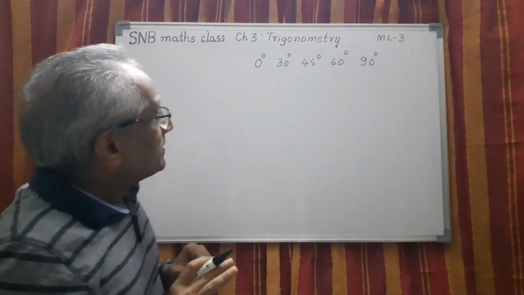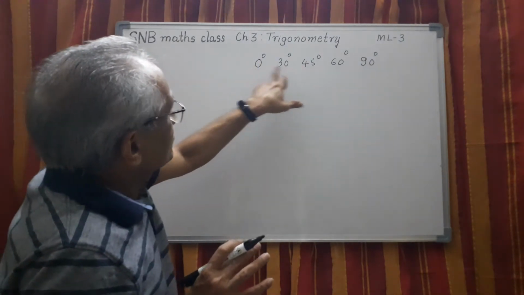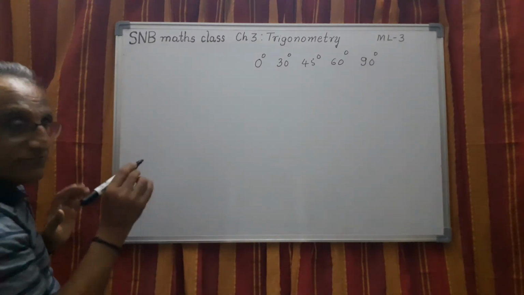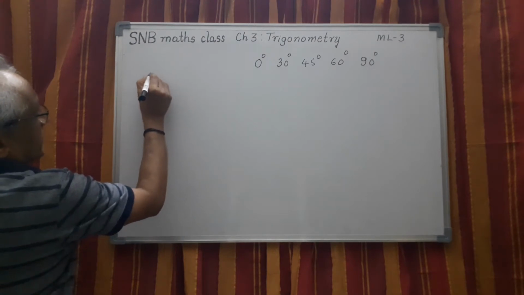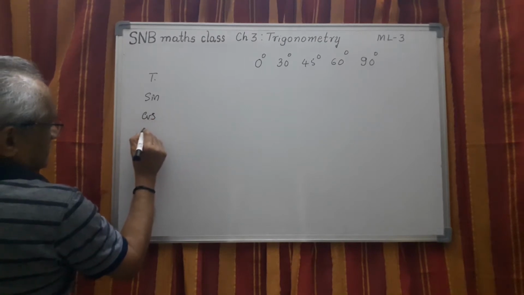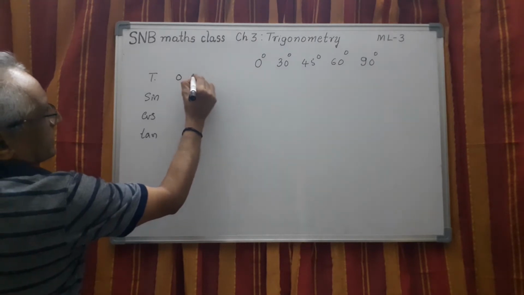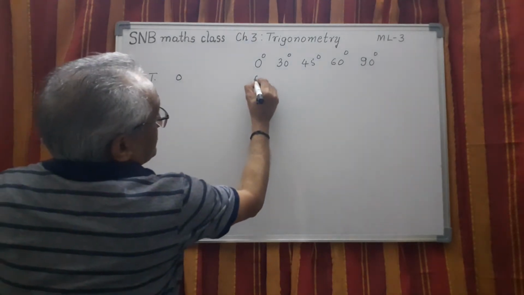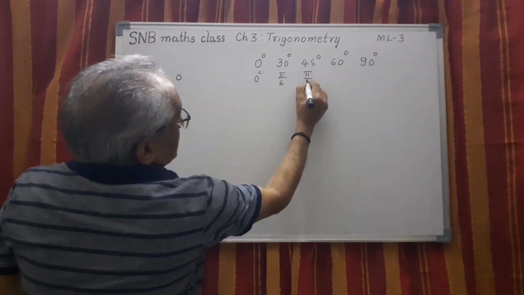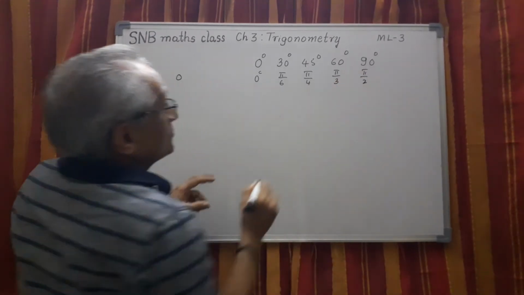This is the understanding. Now let me show you how to see these. I will take 0 degree and 90 degree later. You have already studied this one. See, this is the table if you remember. One is the trigonometric ratio, so sine, then cos, then tan. We will take only this. First one is 0 degree. Then of course this can also be written as 0 radian. This is pi by 6 radian. This is pi by 4. This is pi by 3. This is pi by 2. Both are one and the same.